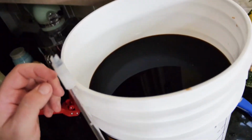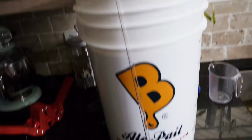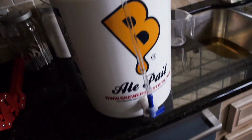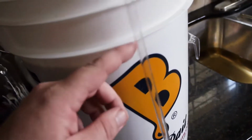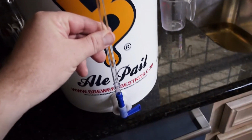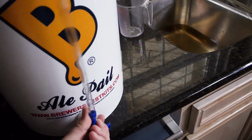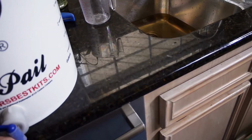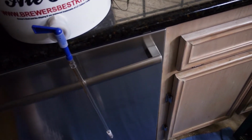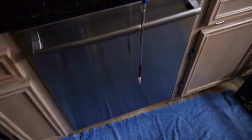So here it is, all racked into the bucket. I was using a bottling wand before, but I went and got a bottling bucket, and I cleaned and sanitized all this, and I just put a bottling wand to the tip of this, and I simply can just flip it over like so. And you can see, starting to fill up my